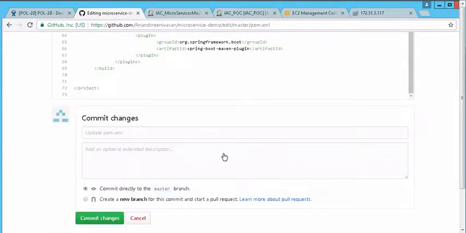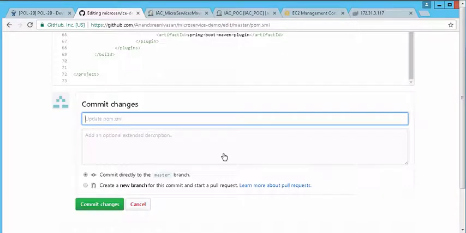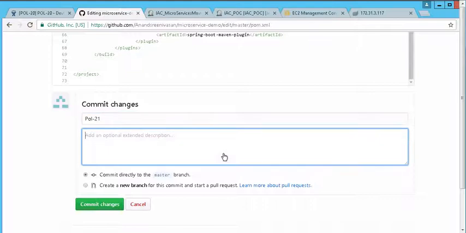I will put a comment against which change I am making, for which requirement I am making the change here. So it is my POLL-21 for IaC demo, and as soon as I commit my change, it will automatically trigger my